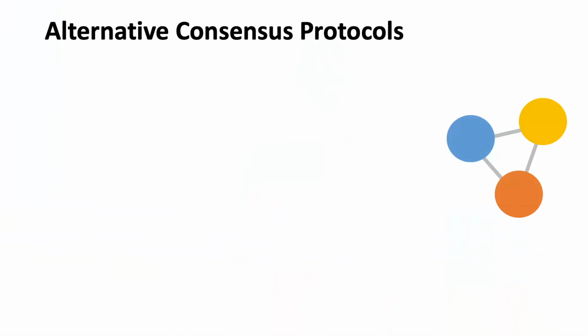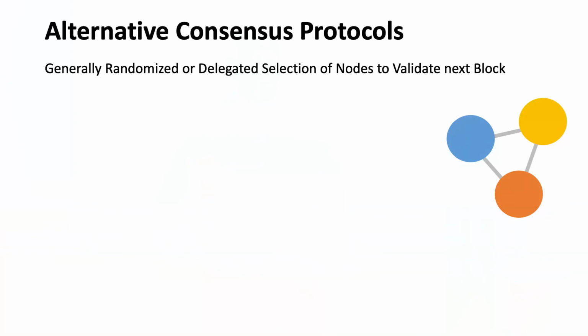We already talked about alternative consensus protocols. You've seen this slide. I'm just bringing it back because it is a way to deal with scalability. It's a really critical, important way. Proof of work is one of the issues about scalability. And generally, I'm simplifying in a sense, but generally all the alternatives have some way to randomize or delegate the node that will do the next block. It kind of all comes back to how you add another block.